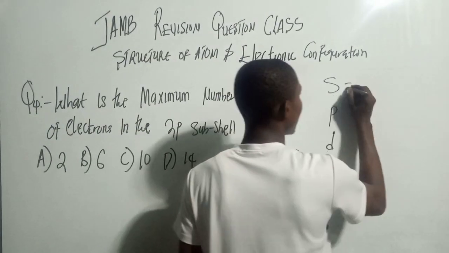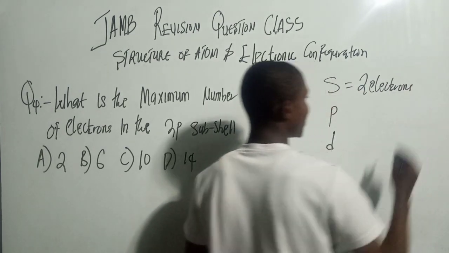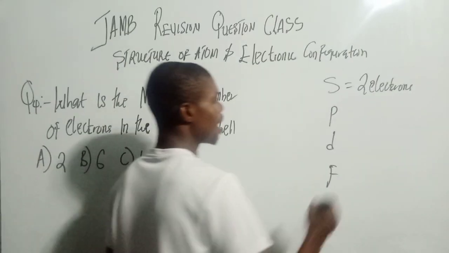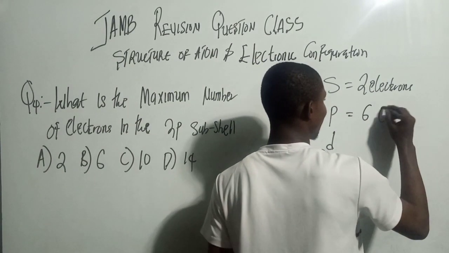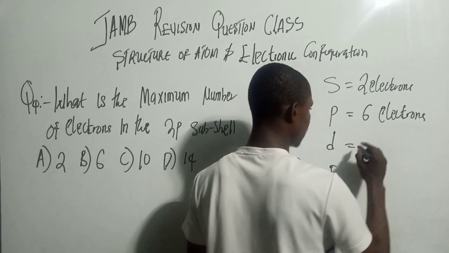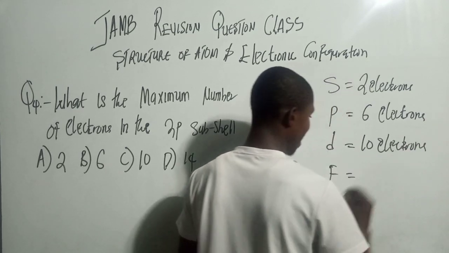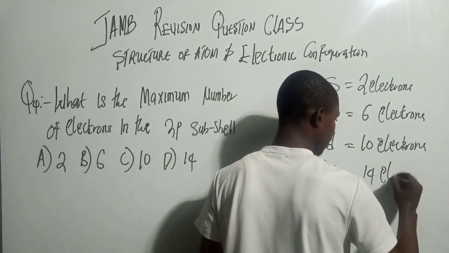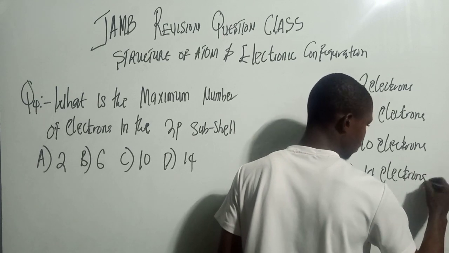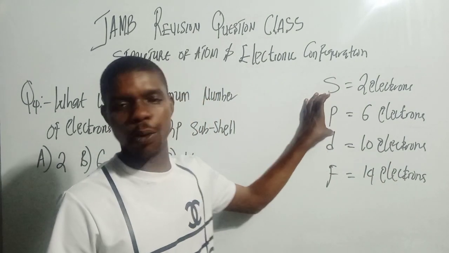Now here we have 2 electrons. That is s can contain how many electrons? 2 electrons. Now here p is 6 electrons. D is 10 electrons. F is 14 electrons. Right here. So it means that the maximum number of electrons in the p subshell is